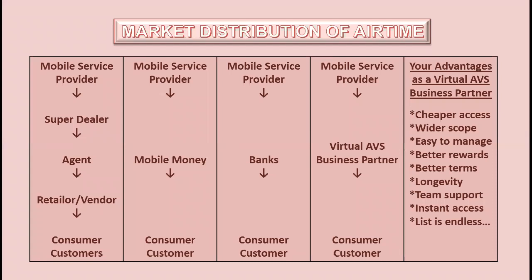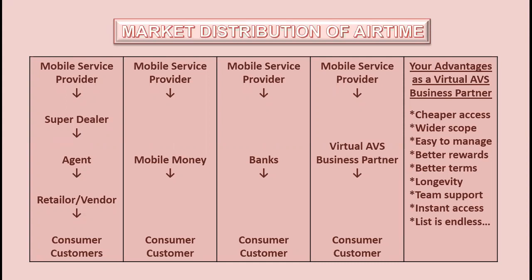Now, all you need to do is just access your mobile money and buy airtime from it, and then you've cut down the entire process, and the commission shared is now channeled to one beneficiary, which is the person who has that development for mobile money. The same with banks. You get access to bulk airtime. Many companies, even the one that I was working for just a month ago, you get access to it because they buy in bulk. They buy airtime in bulk and they distribute it to their employees. So you have easier and instant access to airtime when you use the same app that we're talking about here,